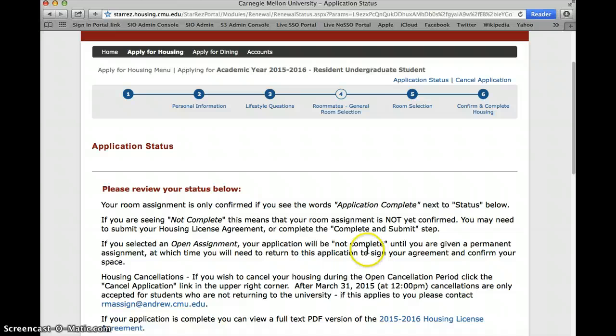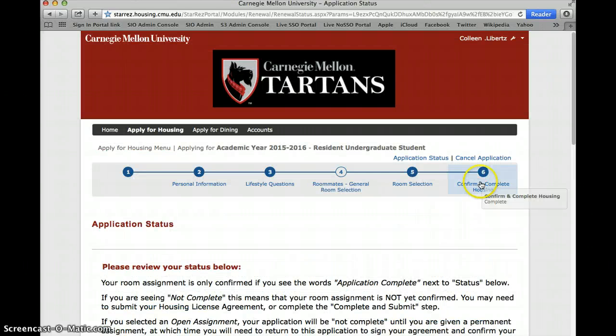Once you've signed your agreement and completed your application, be sure to let your roommates know that they have been assigned. They now need to come back into their application to sign their own housing license agreement and complete their application. If you have any additional questions about the room selection process, feel free to contact the housing office at